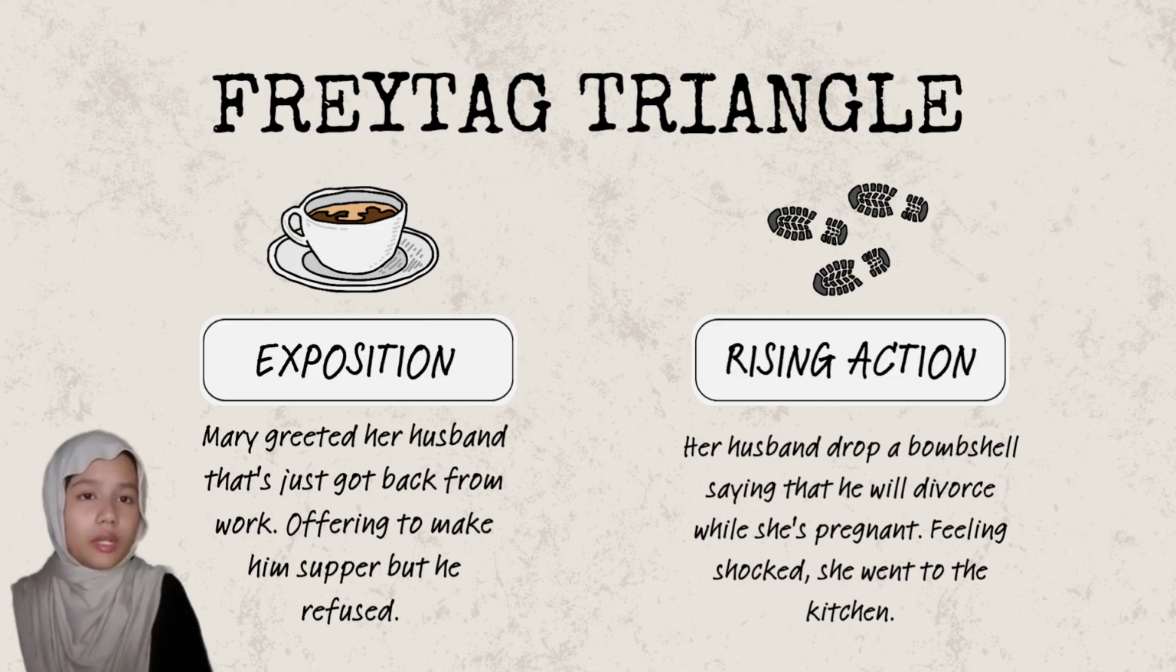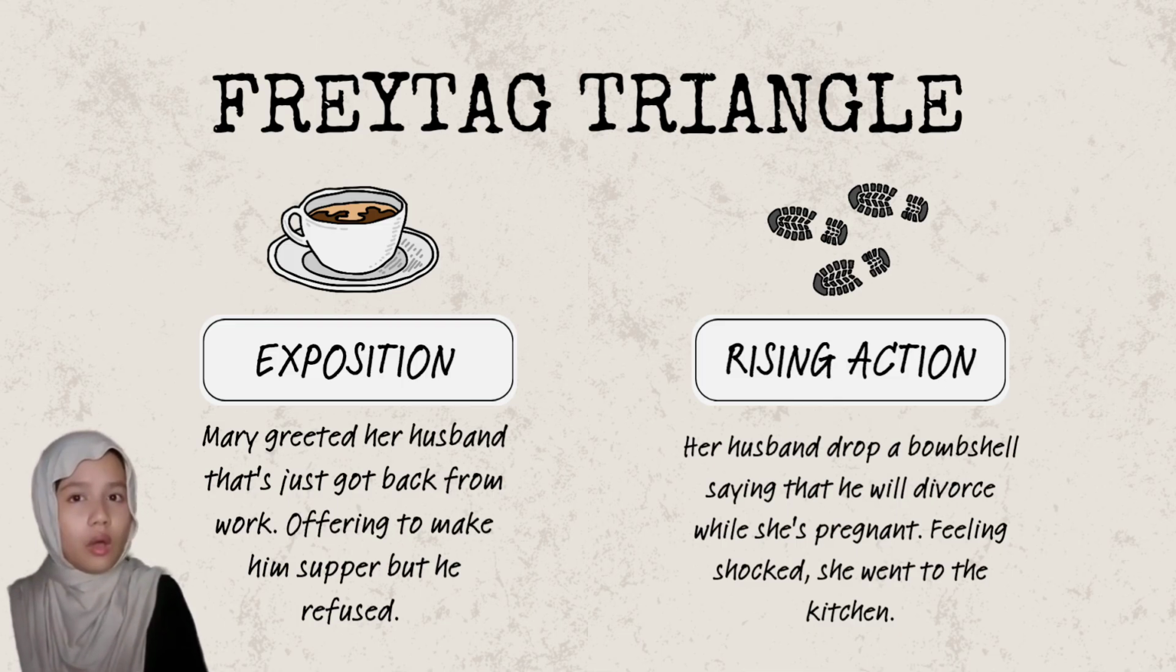The next one is rising action. This is the part of the story where the conflicts begin to build and the character faces challenges. After her husband refuses the supper, he drops a bombshell on her, saying that he will divorce her. Mary feels shocked. She then walks to the kitchen and finds the first thing she sees, which is the leg